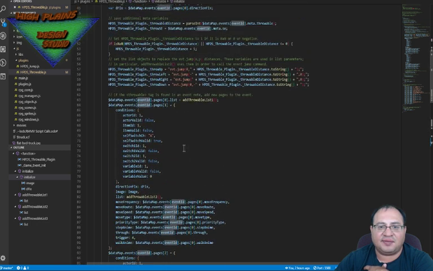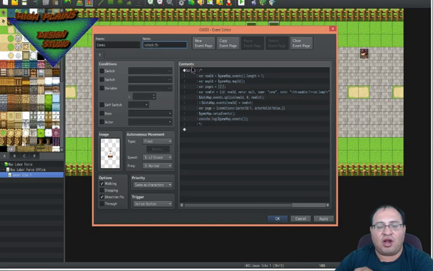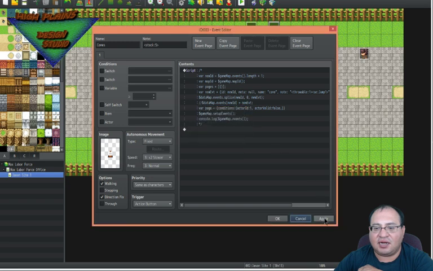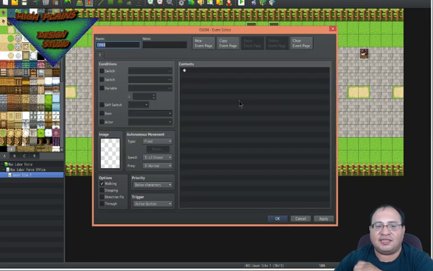This actually comes from the initialization of the game event. So when the game event initializes, and this is something to understand from RPG Maker, if you understand what's going on, I'm not going to discard, I'm going to apply, and okay, let's go ahead and save that. So what's going on with RPG Maker, a little background, is you can make events, and here's an event right